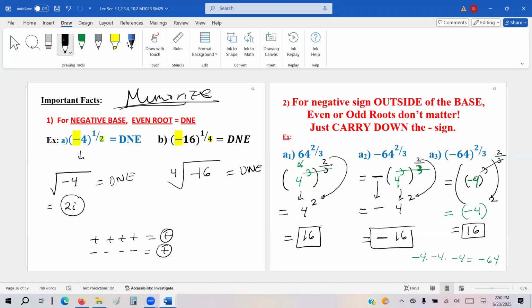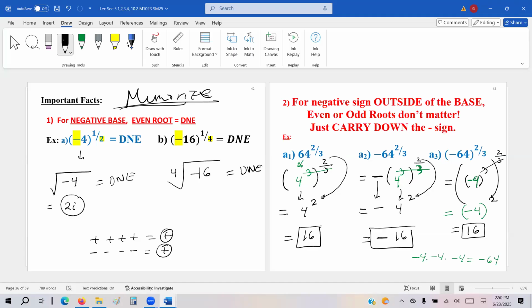So why is this the end? Because you can find one number multiplying 3 times, the same number multiplying 3 times turns into negative. But if you multiply the same number an even number of times, it cannot become negative. The main thing is, can you find a number that, multiplied denominator many times, becomes the base?